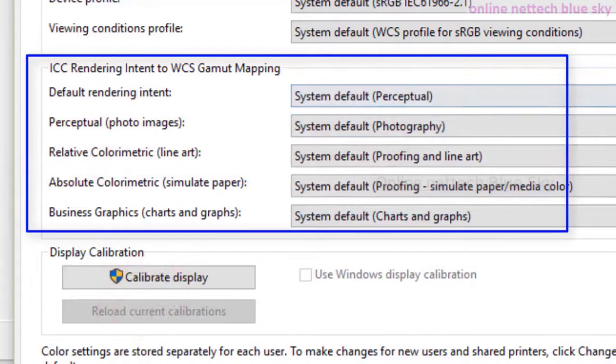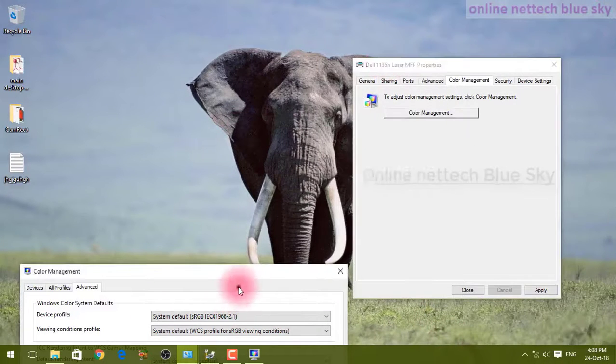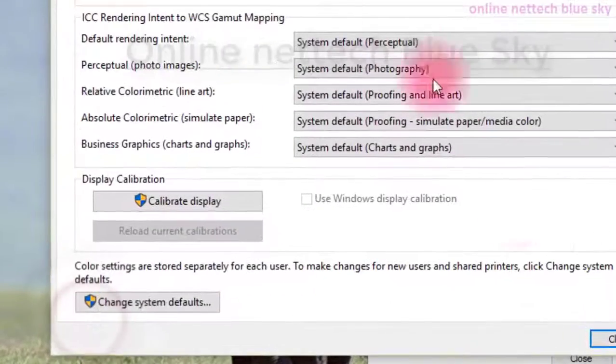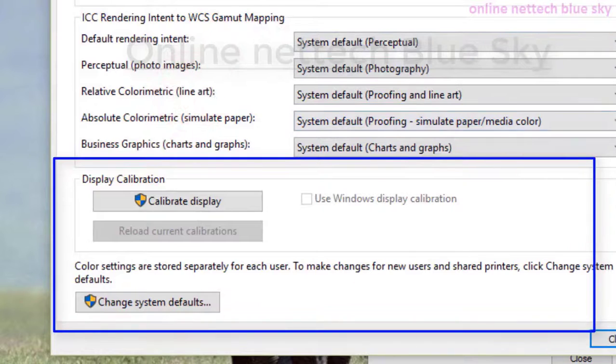At that time I would like to change the system photo image, so at that time I will change these photo images and line art, and different options are available, so I can change and I can manage my system working here. So you can see my background side pictures and how you can use these systems. So first, this is where the system starts, so these images background work in my display system settings. So you can change your display calibration, display settings here.